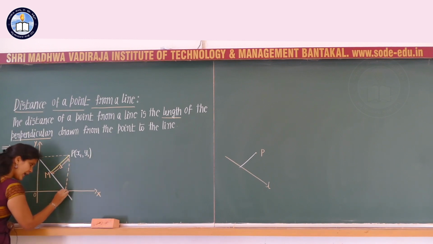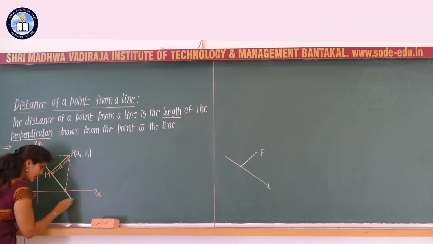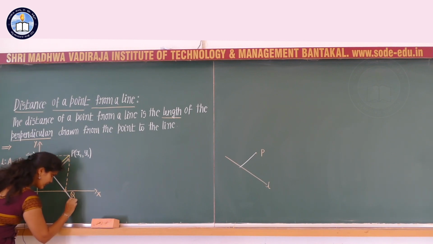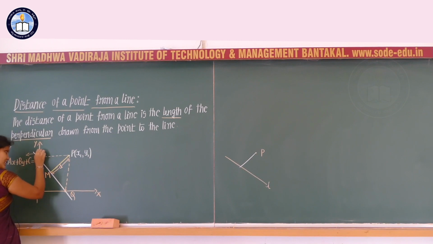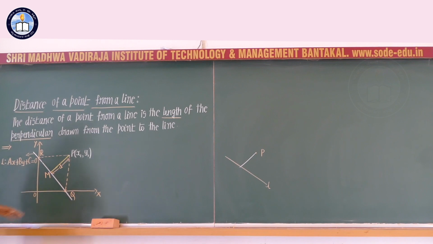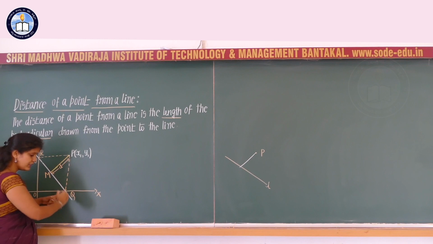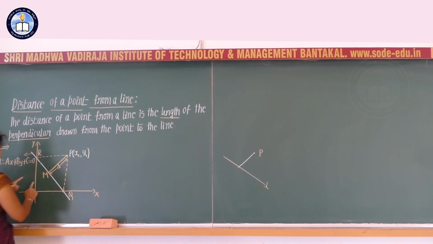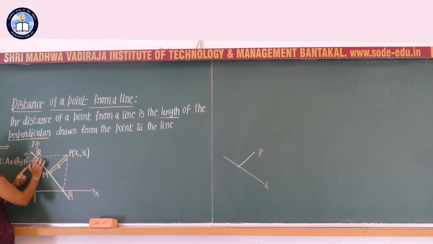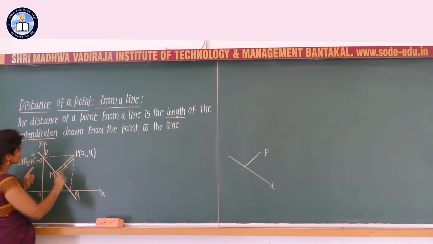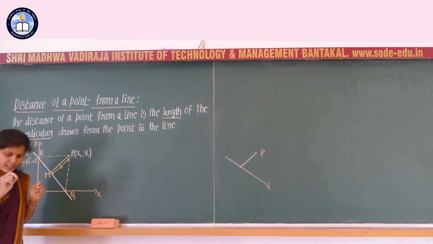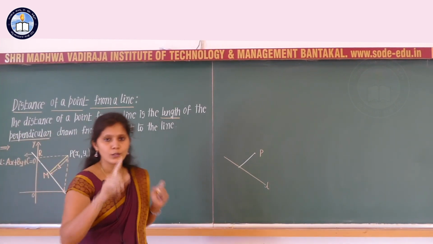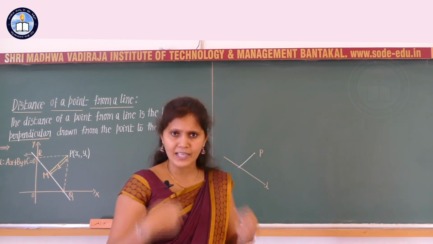And this point I am going to consider as Q. So Q is this point, and this point of intersection I will consider as R. Any of the letters you can consider in order to name. Q is the point of intersection where the line L cuts the x axis, and the line L cuts the y axis at the point R. We should be able to get the coordinates of point Q and point R, x and y, that we should find out.